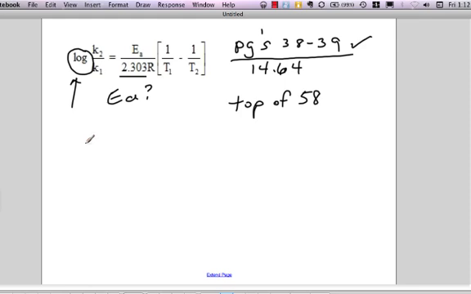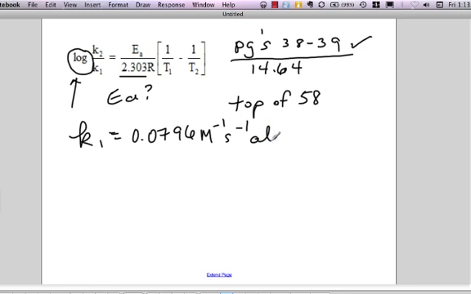All right, number 64, it gives us some information. It's a decomposition of nitric oxide, and it tells you that it is second order with a rate constant. Now, the second order part really doesn't matter, but they give you two rate constants, okay? So K1 is given in the problem, and it is 0.0796, and that is M to the minus 1 seconds to the minus 1